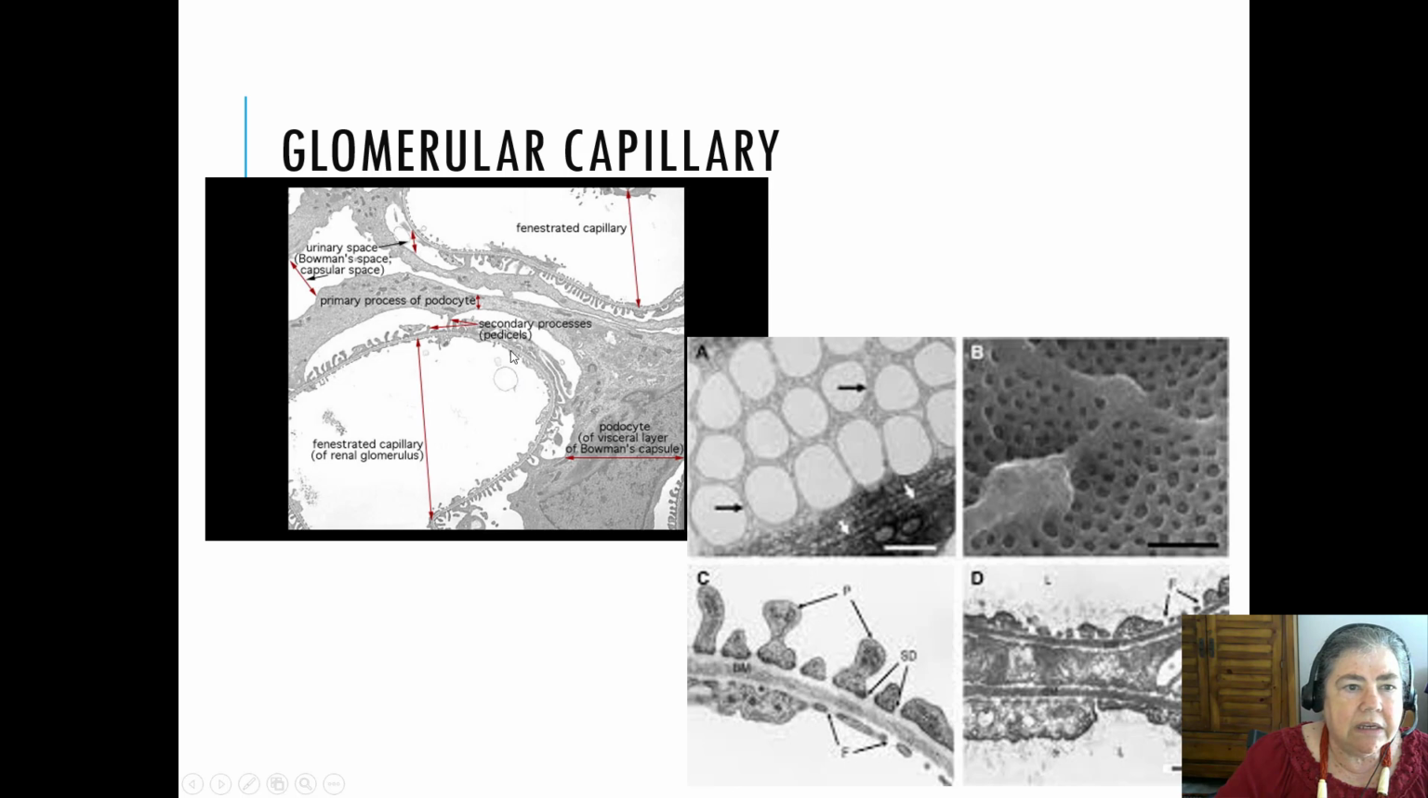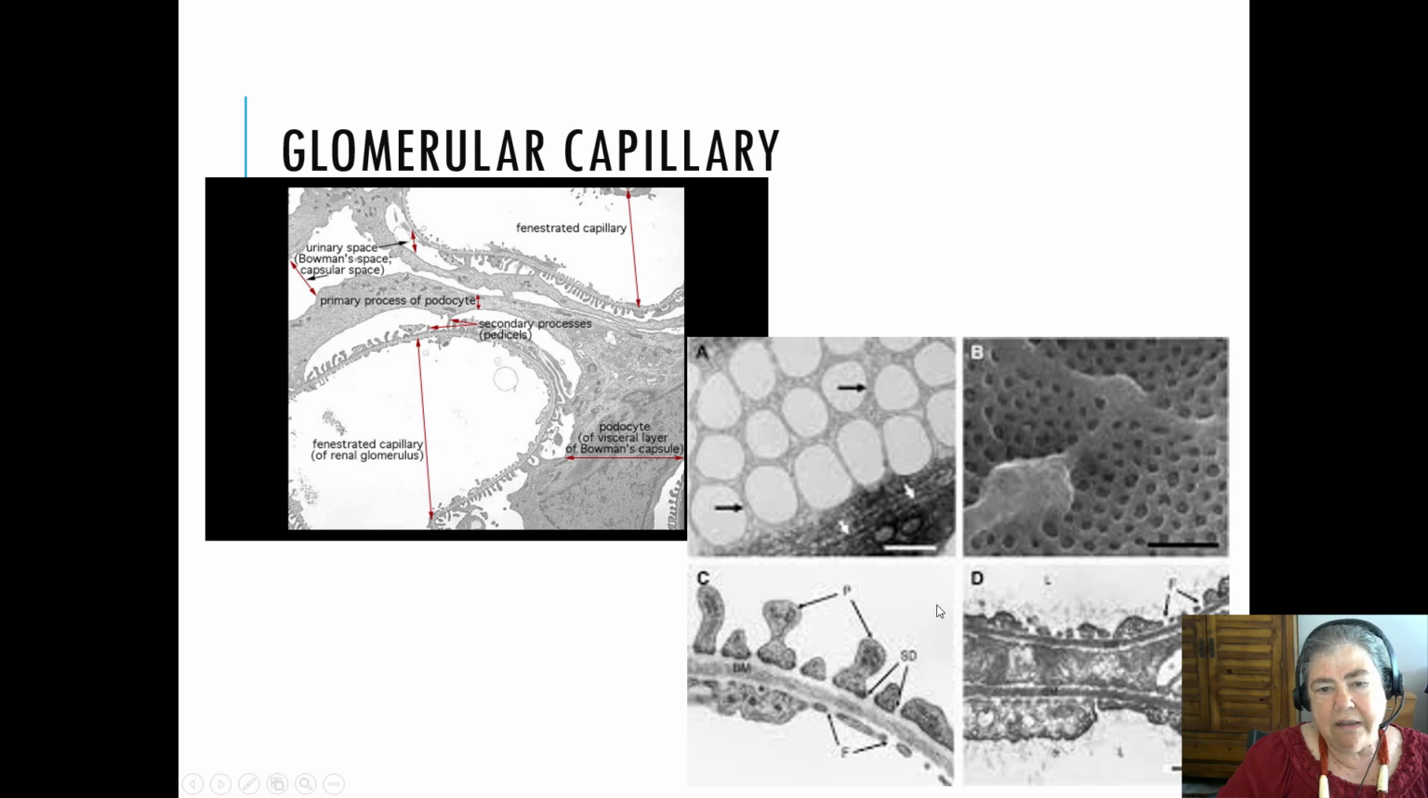Let's see if there's anything else we need to look at here. So you can see the capillary is a fenestrated capillary. It has podocytes. Outside of that capillary is Bowman's space, the urinary space. Same thing here. We have these podocyte processes on the capillary. This is the inside of the capillary with its fenestrated wall, and outside of that capillary is the urinary space